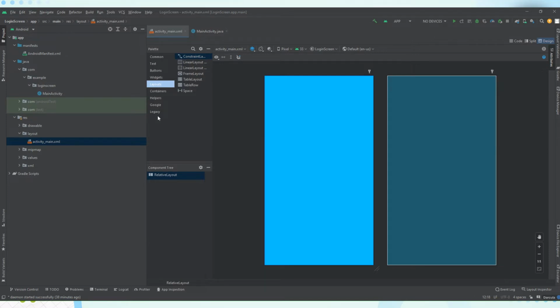Okay, so we will use a relative layout for our login screen. But you can also use constraint layout, linear layout. But for today, we'll use the relative layout. Okay, so you can drag and drop here. Okay, you can drag and drop here. For example,